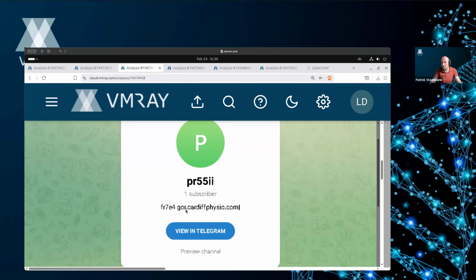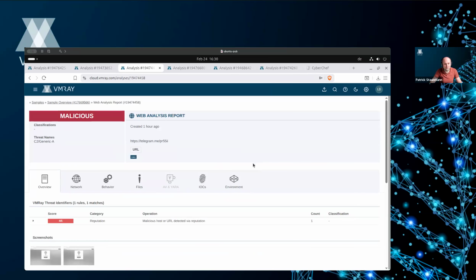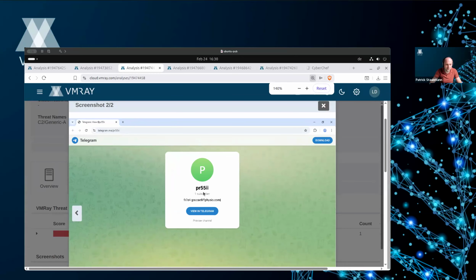For Vidar, this is usually in plain text, but for Luma, they usually have this either encoded or encrypted further. And I've mentioned before that they might use it to update the command and control server quite simply by modifying that profile description. I made this analysis roughly 1 hour before the webinar started, and as you can see here, the domain is this GOR dot whatever.